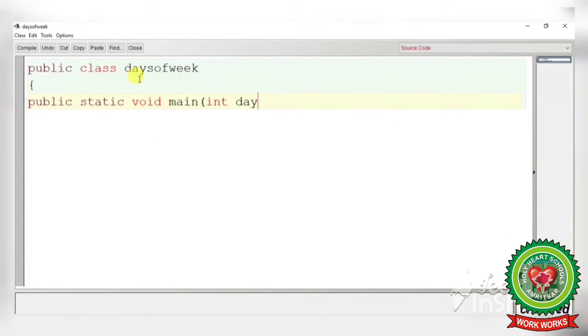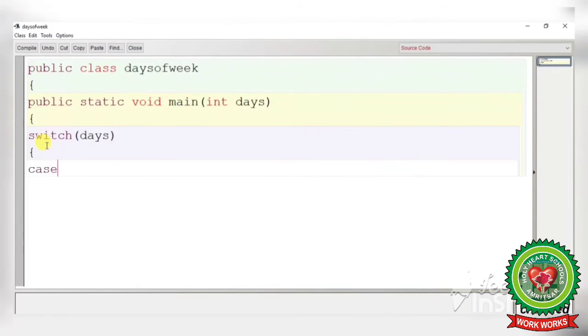Let's suppose we have to show the days of week, so here I am taking days as a variable. Enter curly braces. Now we are going to start switch case, so write down switch word, switch in small letter, then days. Days I have taken as a variable. Now next, again curly braces, enter.